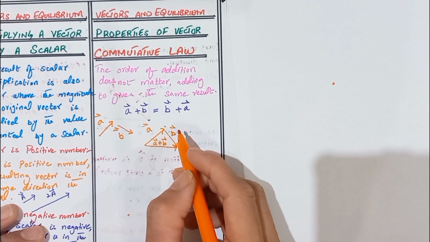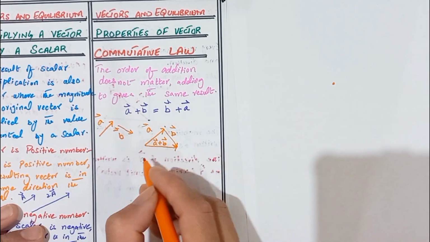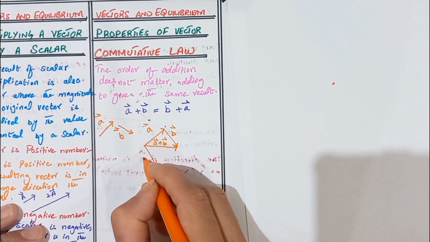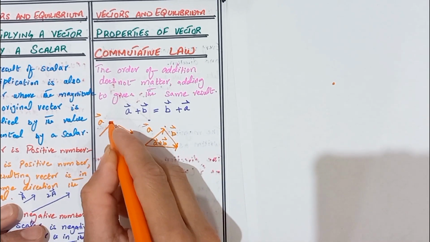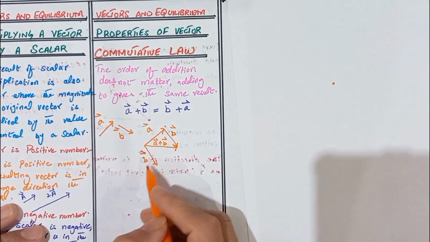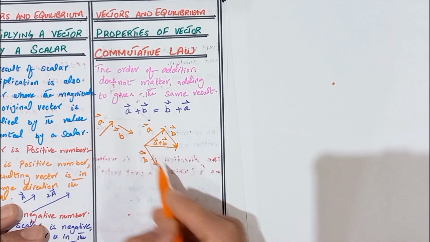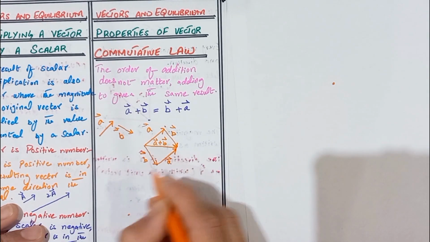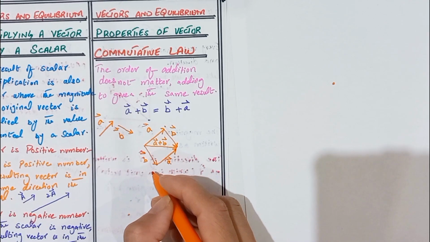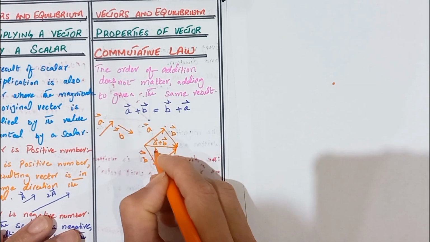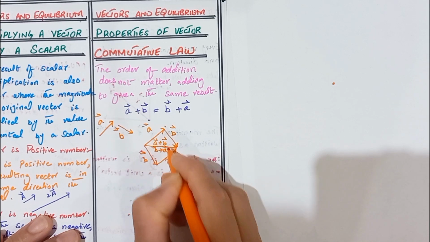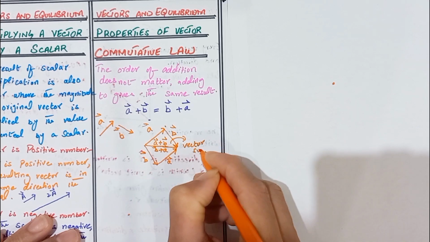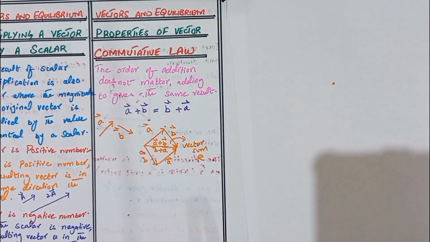If we reverse that, if we first take the vector B and then add to it vector A. Here we take the vector B. To vector B we add the vector A, such that the tail of the vector A meets the head of the vector B. This is how we add the vector A to vector B by using the head to tail method. This also gets the same resultant, that is now B plus A. This is the vector sum, that is the resultant R.